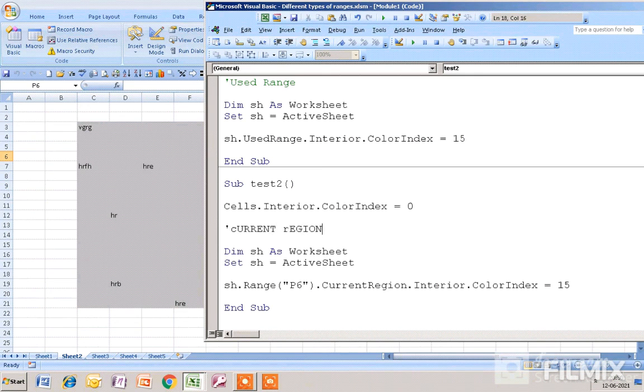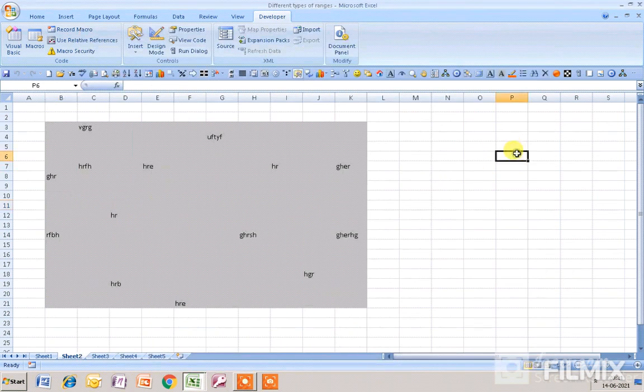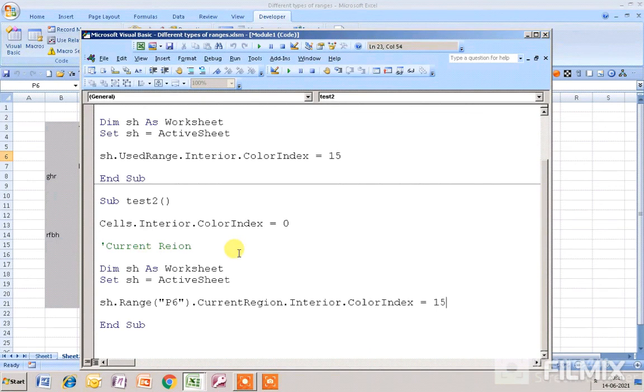Okay, now if I run the macro, you will see that this particular cell, P6, has turned gray. So I go to Visual Basic and run this macro, the current region.